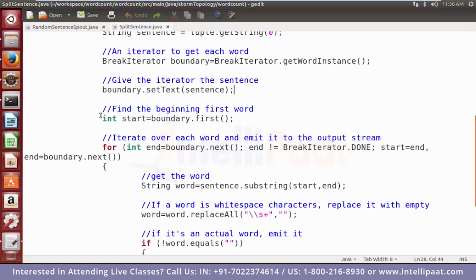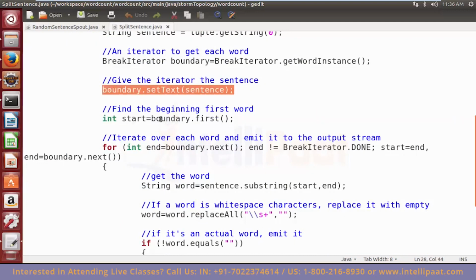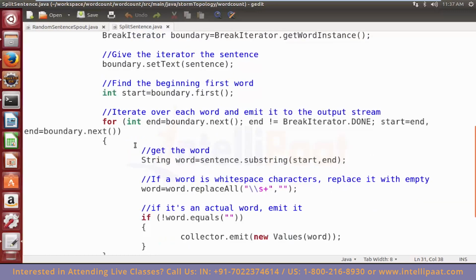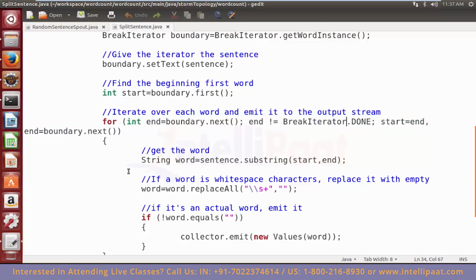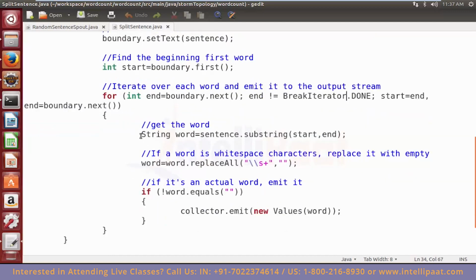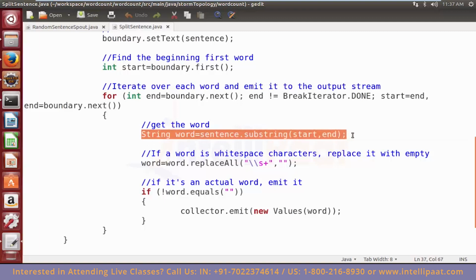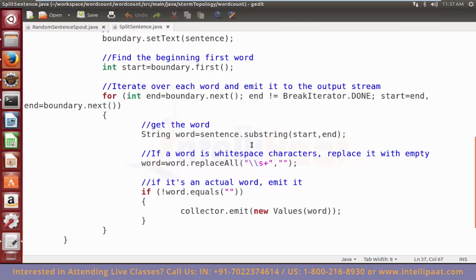Now I am starting with the first word and I'm saying that int start equal to boundary dot first. So boundary is actually pointing to the input that I'm receiving and I'm pointing to the first word. And then I will iterate over each word and emit it to the output stream. So int end equal to boundary dot next, and until I have words in my break iterator class, I will keep on going, and I am going to create a word from the sentence that I have,